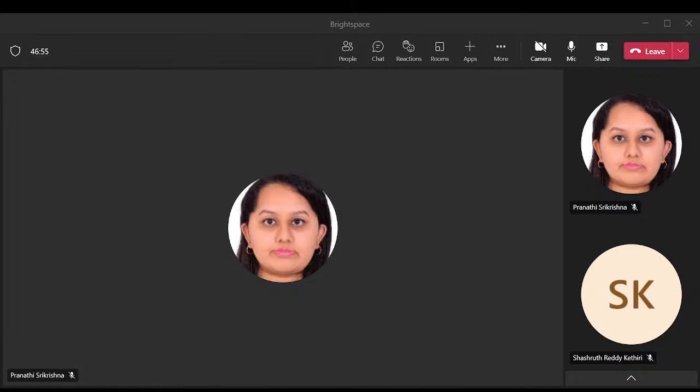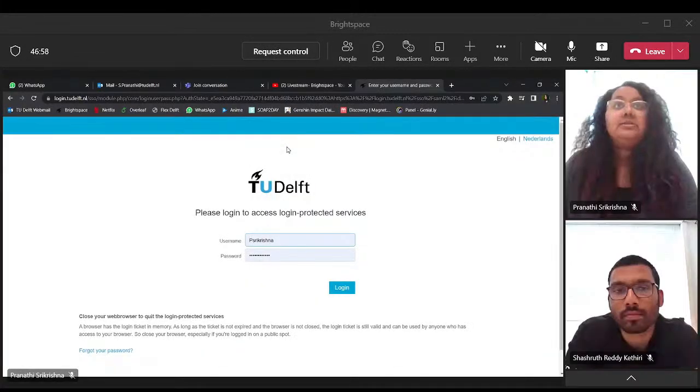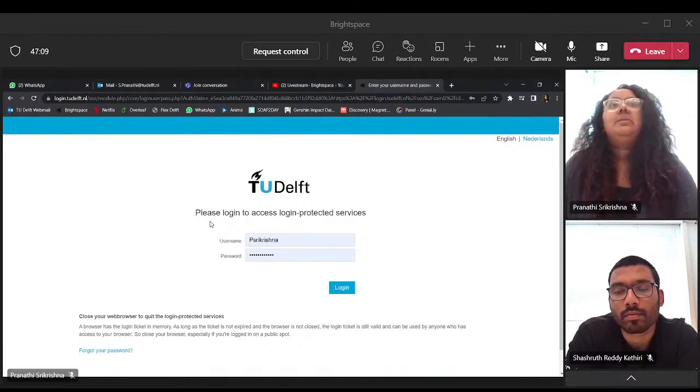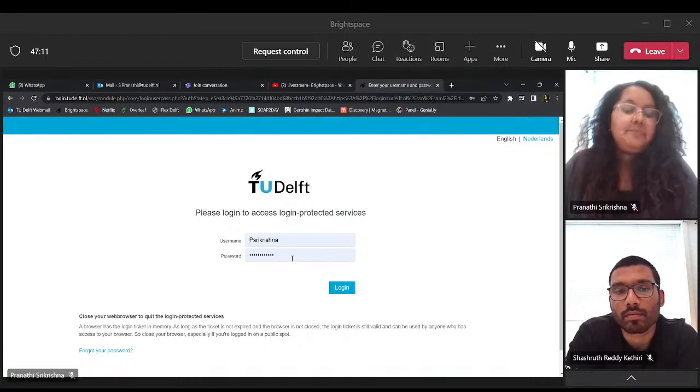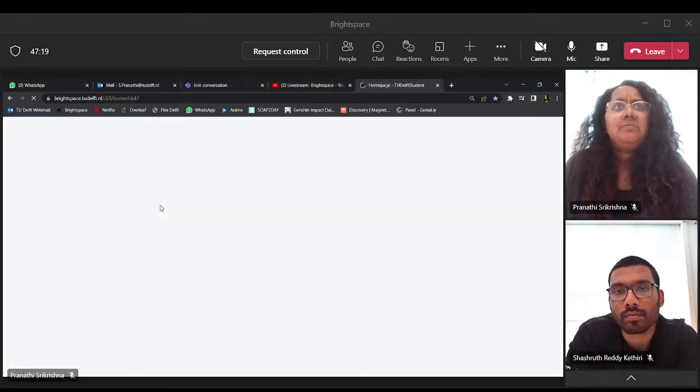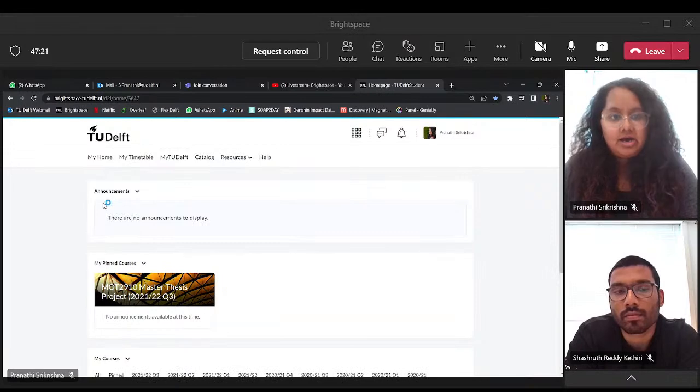So you will be logging into Brightspace using the link that you see, that is login.tudelft.nl for Brightspace. And you will enter your net ID, which you would have received already with your TU Delft email account. And the password that you use would be the same password that you're using for your TU Delft webmail. Once you log in, you should see a screen similar to what you see right now,